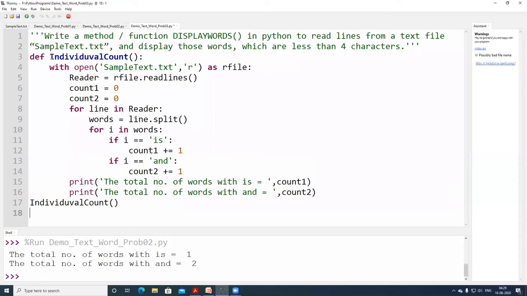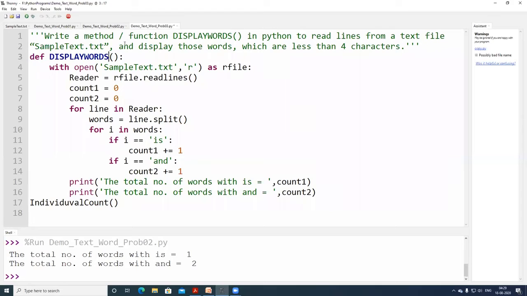So here my function name is display words, and I am not changing this particular text file because I have only 4 lines of content in it, so I am using it.